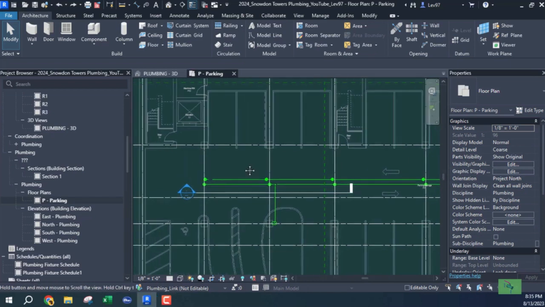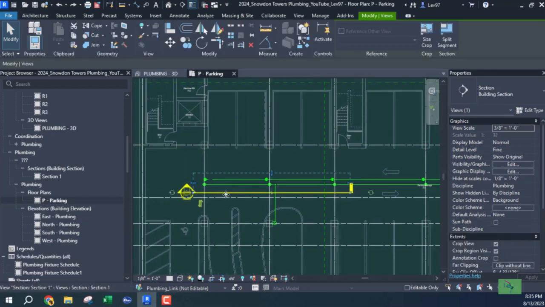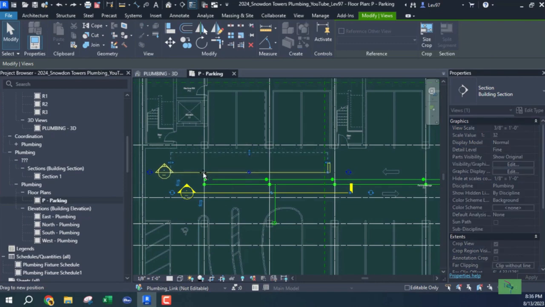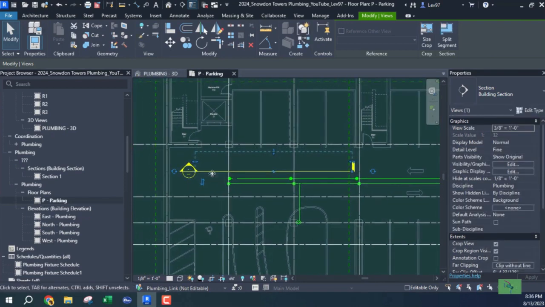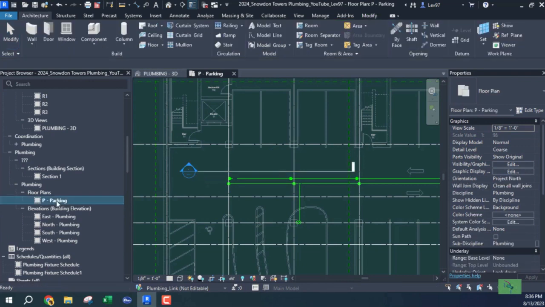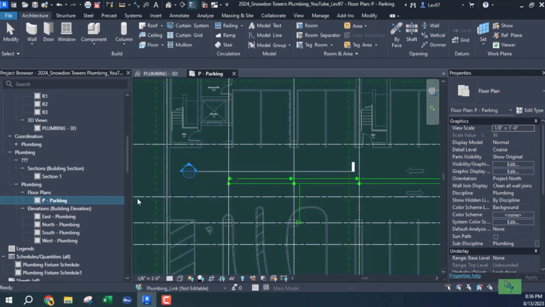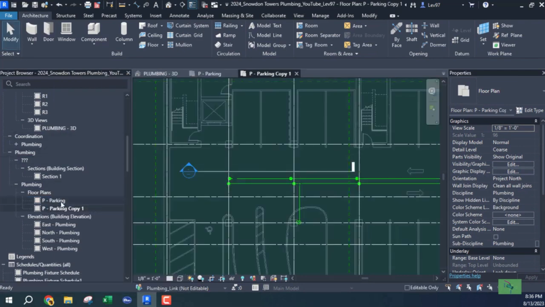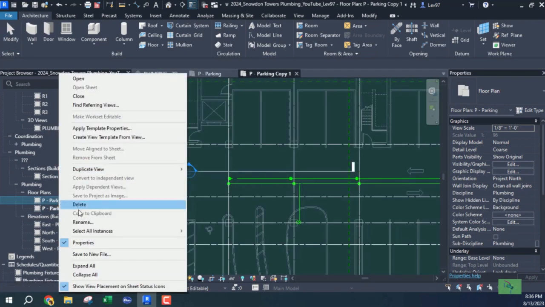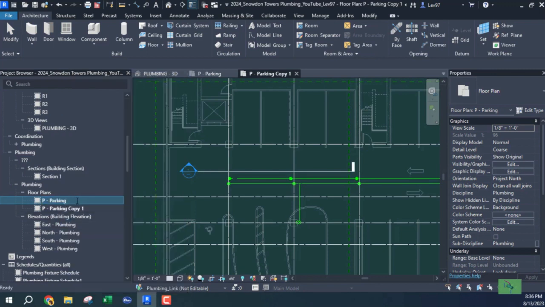Okay, so I'm going to continue working on the parking level, and what I need is a sanitary level and a water level that's going to show water. One level is going to show sanitary, and another view of the parking is going to show water. So I duplicated that,